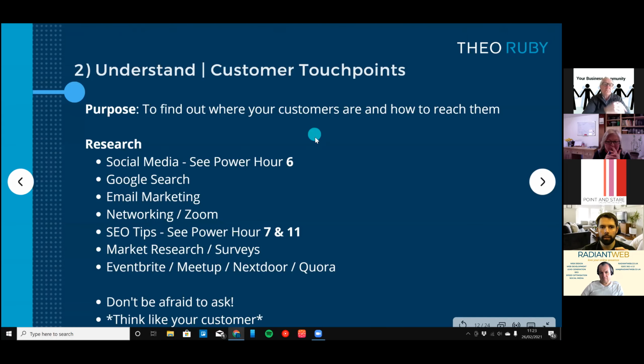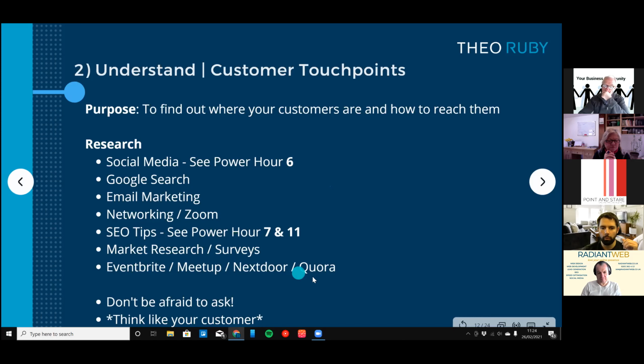So once you've done that, you really want to think about, where are your clients or customers? Are they normally sitting on social media? Are they on Facebook, LinkedIn, Instagram? Are they engaging with you in email campaigns, or are they at networking events? So that way, once you use all the tracking devices to know where your business is coming from, you think about how you're going to target them, whether it's on Zoom, through SEO, through surveys, or through events like Eventbrite,